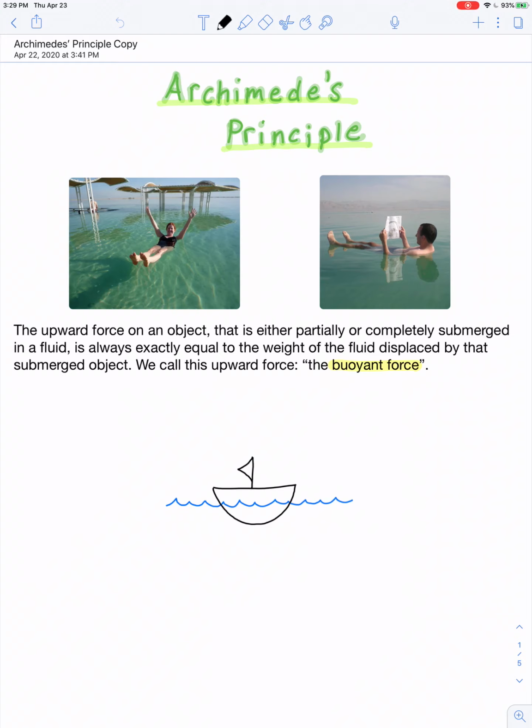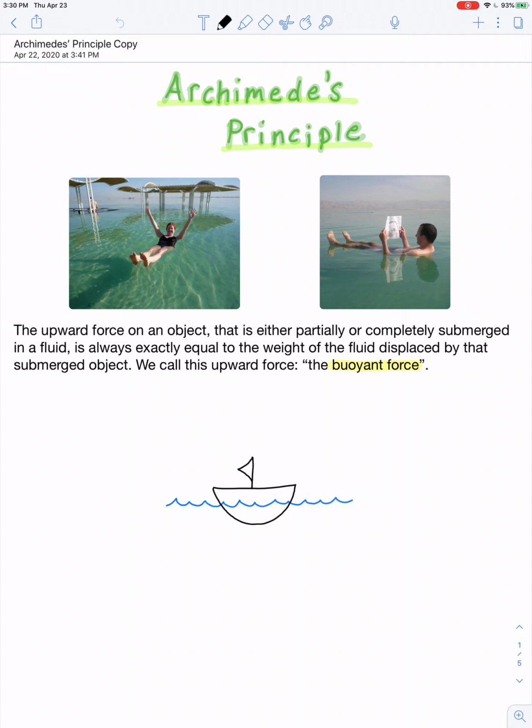Here's a couple pictures of some people floating in the Red Sea. I've never been, but I've heard that the popular thing to do is float on your back, and if you want to make it a good photo opportunity, you bring some reading material with you. The reason you can float so easily is because the very high salinity of the Red Sea makes the water quite dense, and its density is enough that it supports our bodies. Our body overall is less dense than the seawater in the Red Sea.